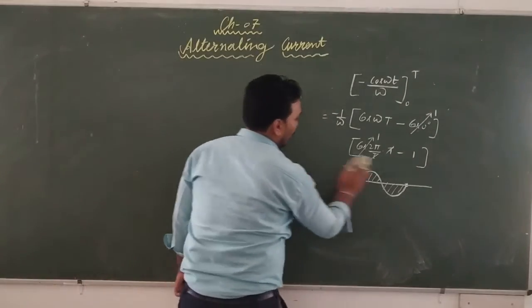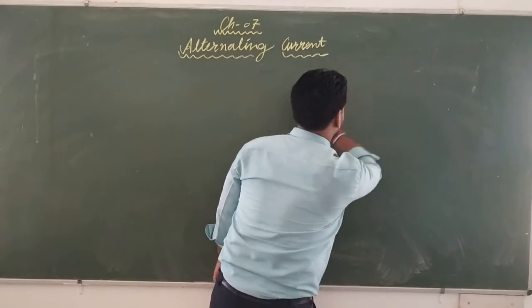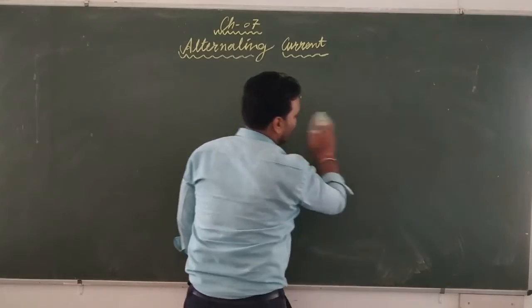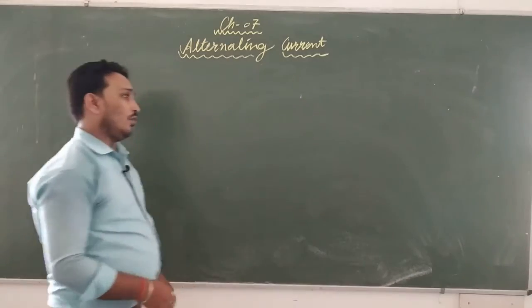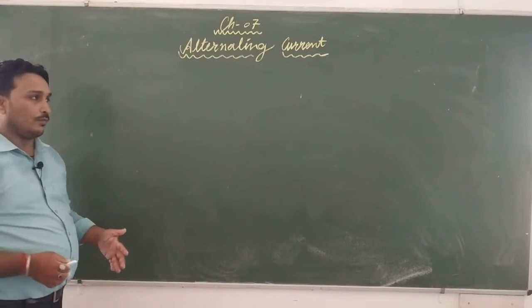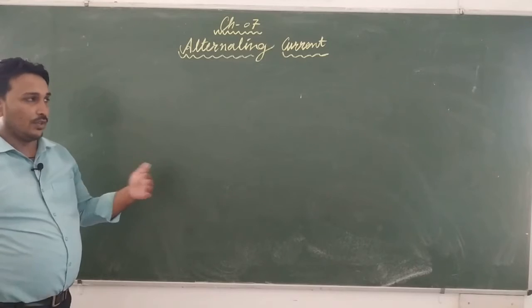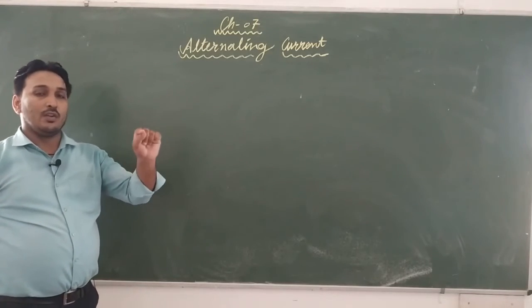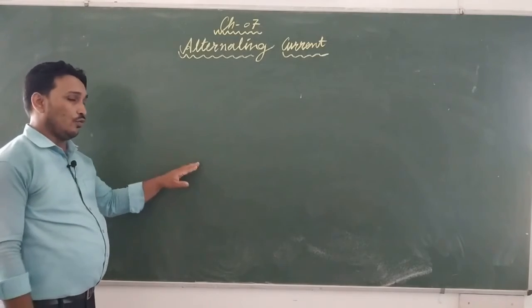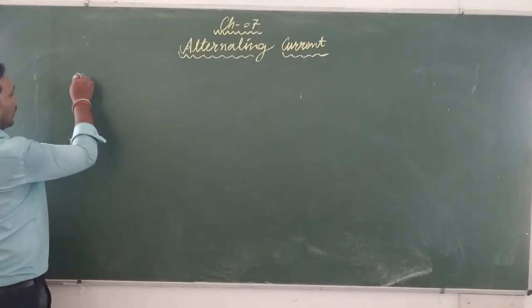Like suppose you have heard that in India the domestic supply is 220 voltage. So what is that 220 voltage? It is a particular value. How that comes, we will discuss later on. But as you can see, alternating EMF is varying continuously. Then when it is going to be 220 voltage, we don't know. Okay. So first of all, let us understand average value.